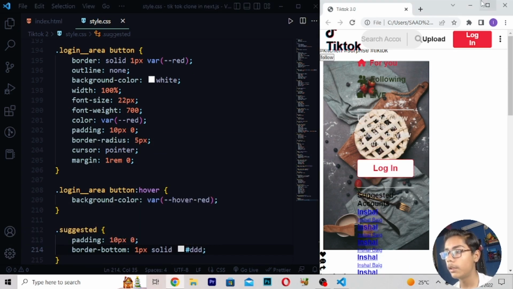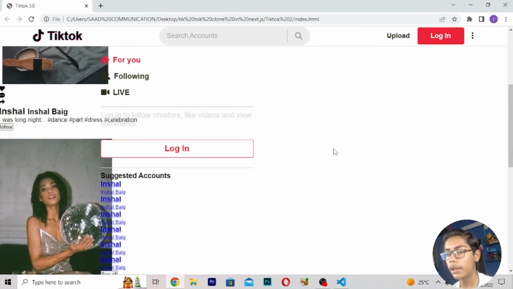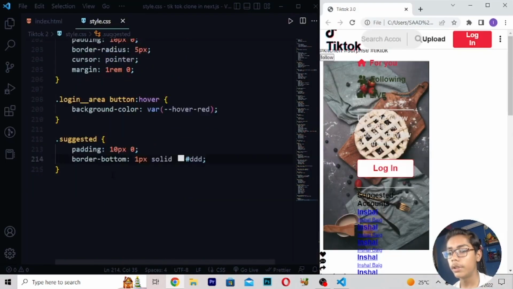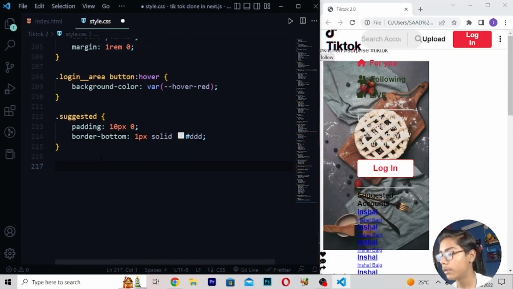Here I will be reloading. Now if I just show you, you can see we are getting all these things here now. So when you are getting this, here I will be moving down, and after moving down, here you have to do one thing. When you've written all these things, I will be writing here a tag